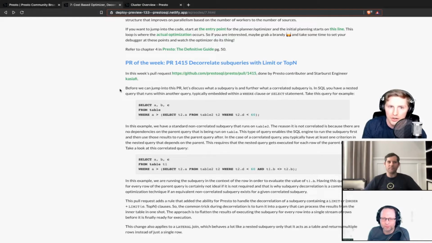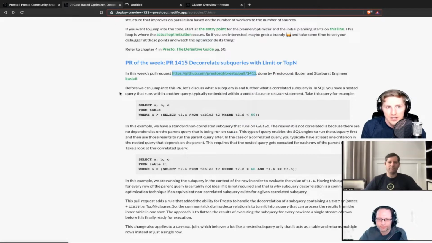To understand this, we can pull it up just in case we need to reference anything. The cool part about this pull request is the title: Decorrelate subqueries with limit or TopN. For some people that might be a mouthful and you may not know anything about that. So it's fun to hop in and talk about what subqueries and correlated subqueries are. When you are dealing with SQL, you'll have a select from where clause, and it doesn't have to be all those, but just to build up the example,